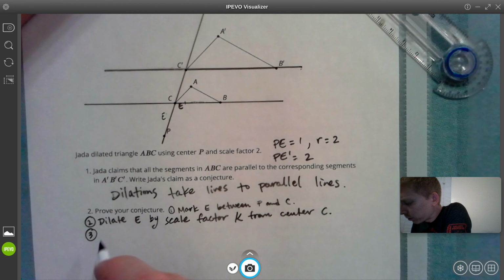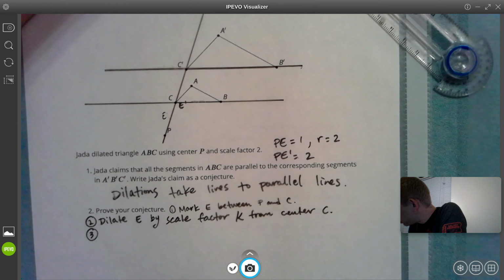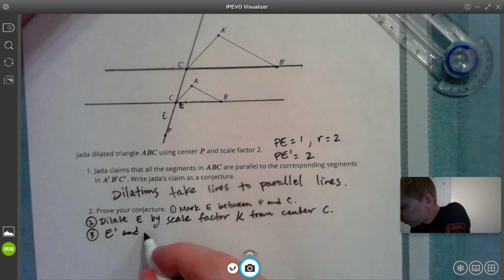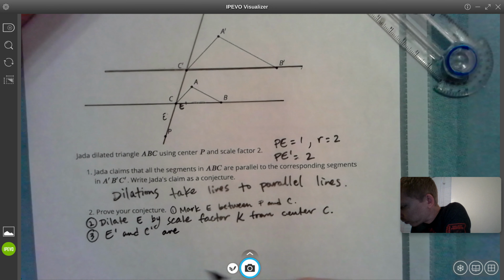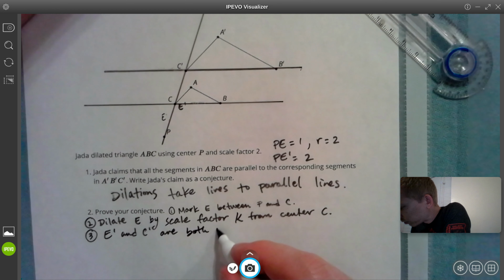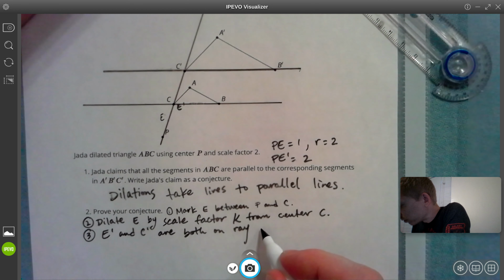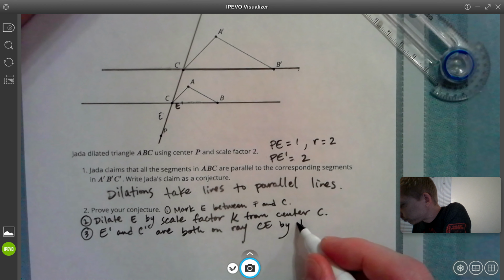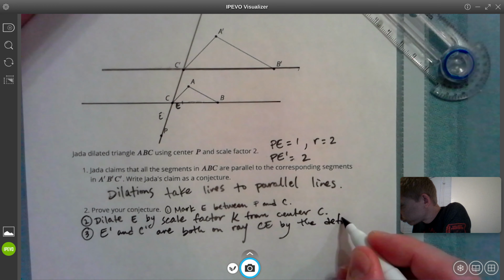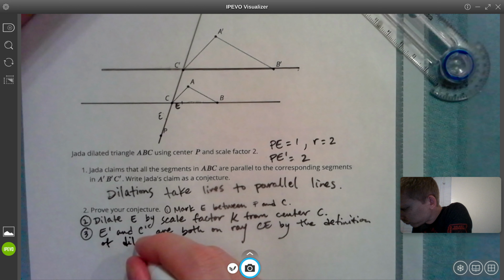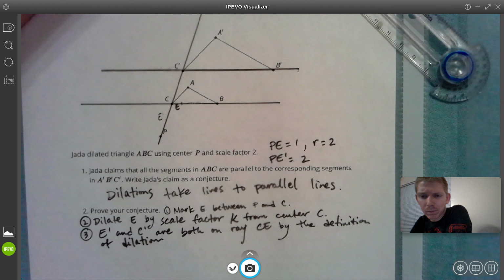So E prime and C are both on ray CE, by the definition of dilation. Then